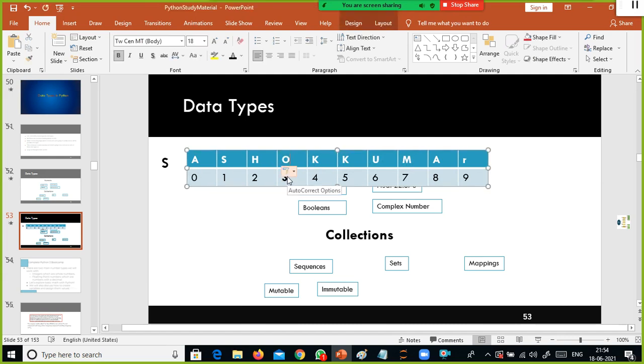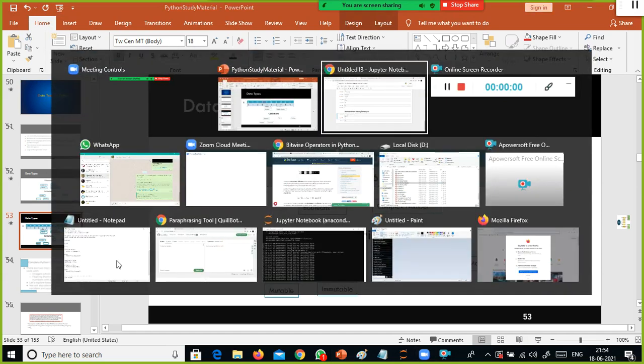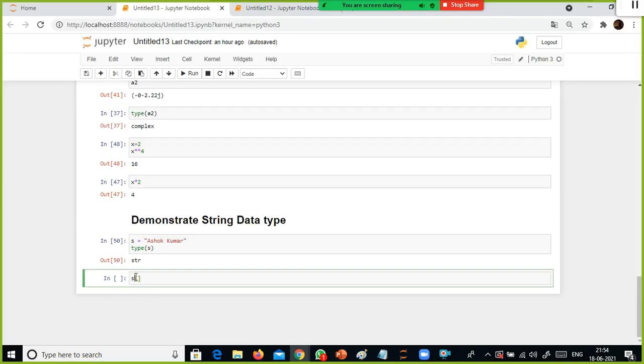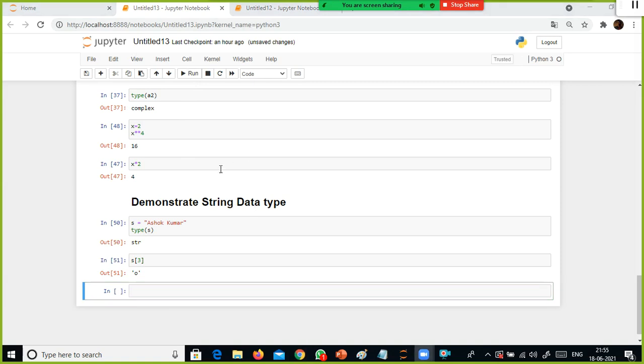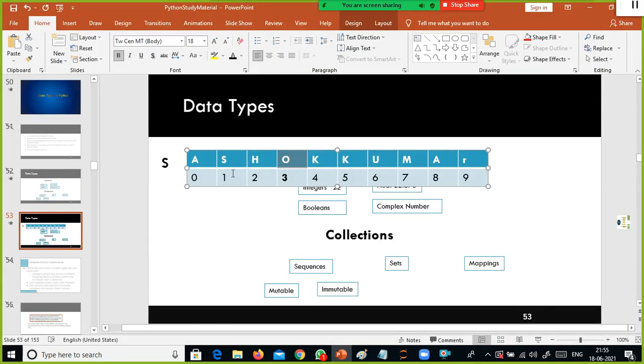It will show me the value of s of 3, which is nothing but the O in this case. For example, if I go back here and give s of 3, what will I get here? The third location, the index value. These are called your index values. Your array name is yes. It's kind of an array. S is an array, and in the array it maintains the index value for each and every cell.